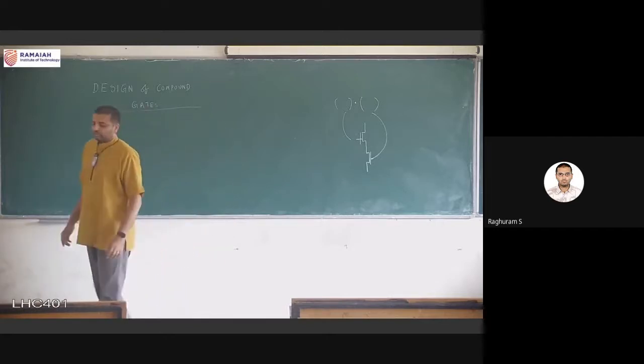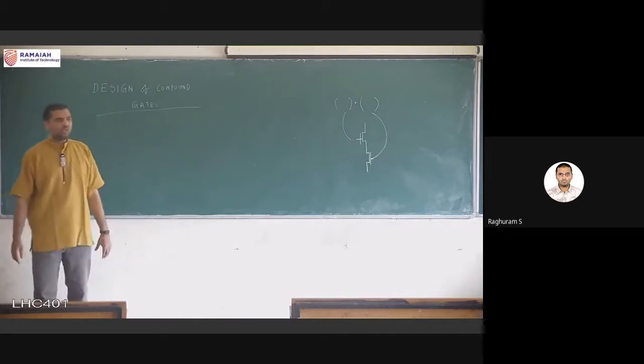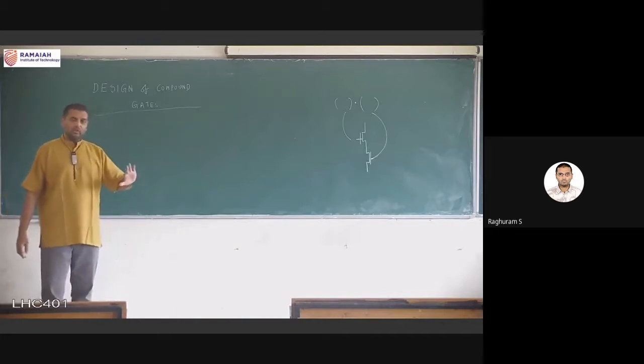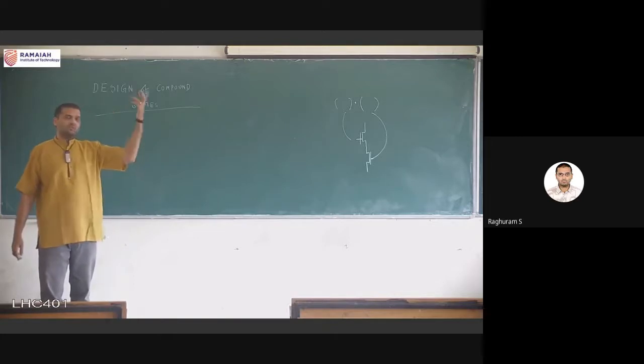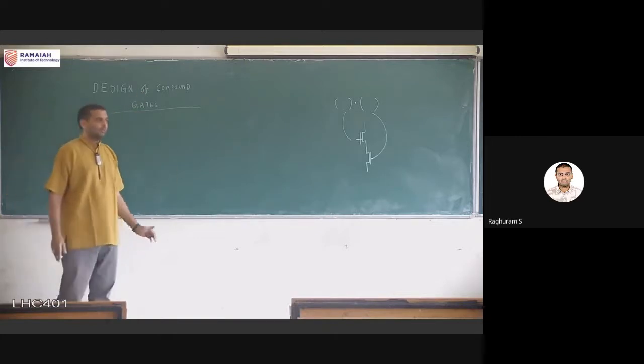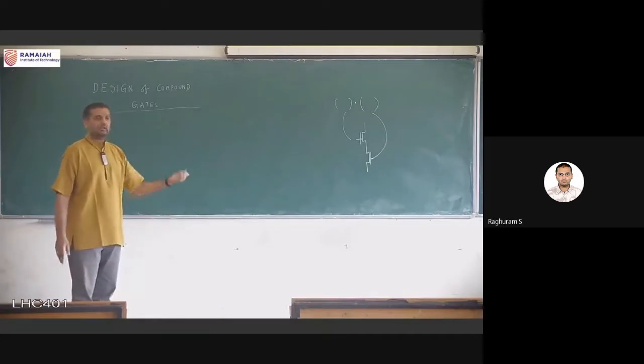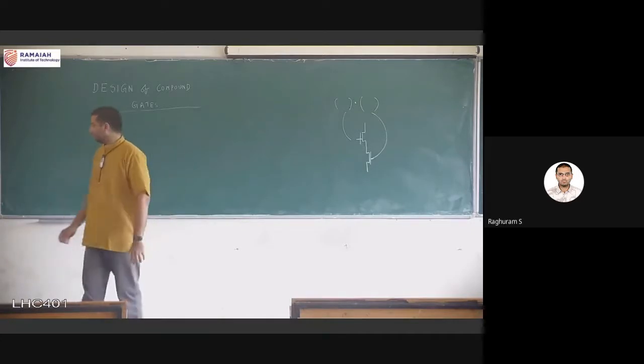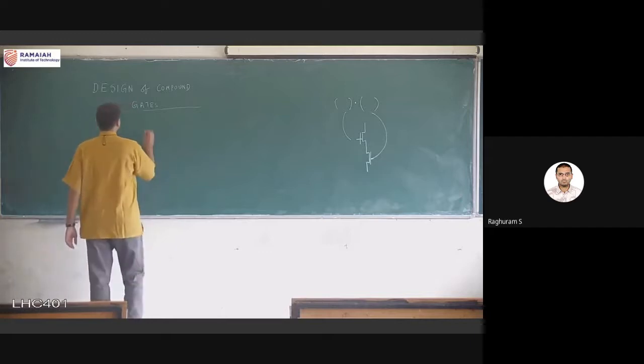The second rule is, once we have finished the network for the pull down network, the NMOS network, just make it opposite for the pull up network. These are the only two rules you remember for any gate, that is any compound gate also. So we'll look at some examples. First example,